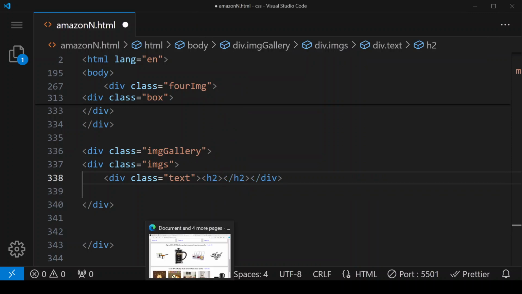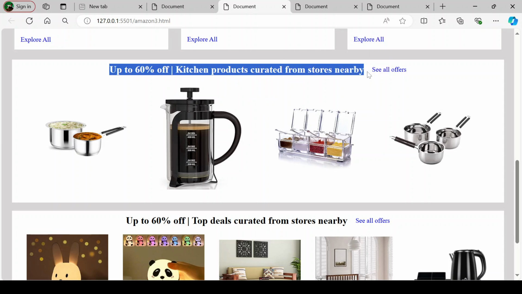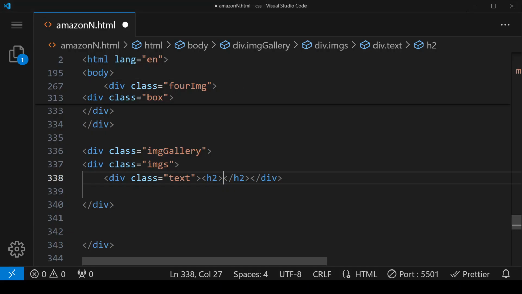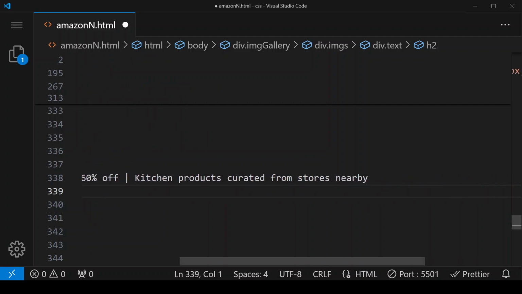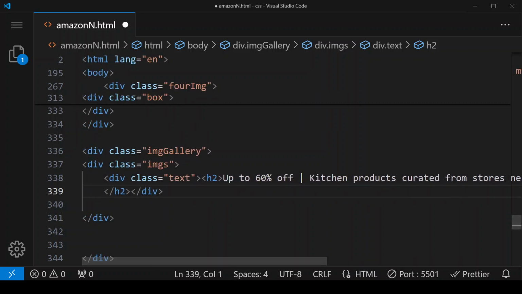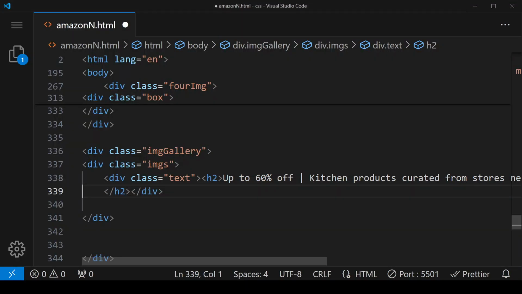So here I'm copying this text. So this is our text in between h2, and after that we have to give this hyperlink, after this h2 closes.